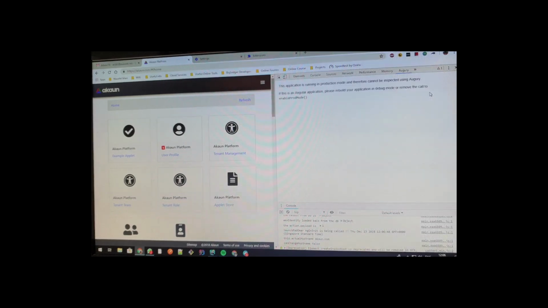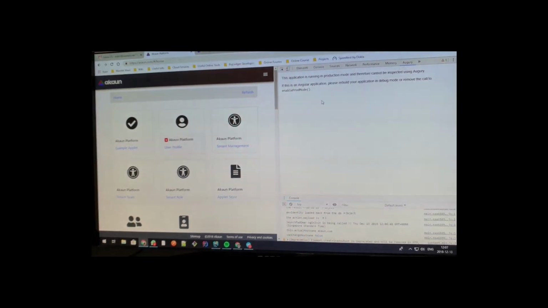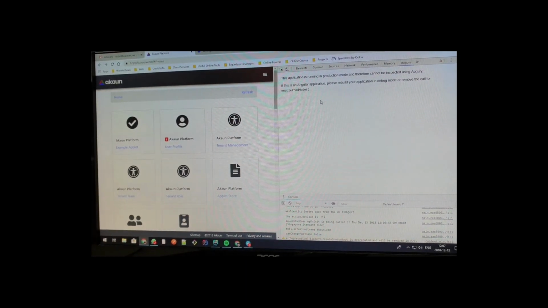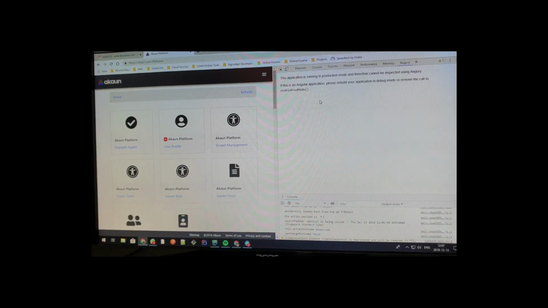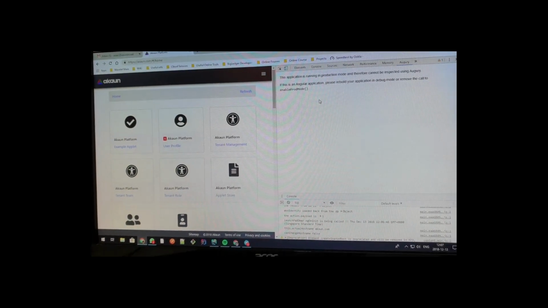Okay, Augury. It cannot work in production mode. Basically, there's another one that allows you to see the state. Okay, no problem. This one needs to be in development mode. I think with the walkthrough, I will upload the video to the